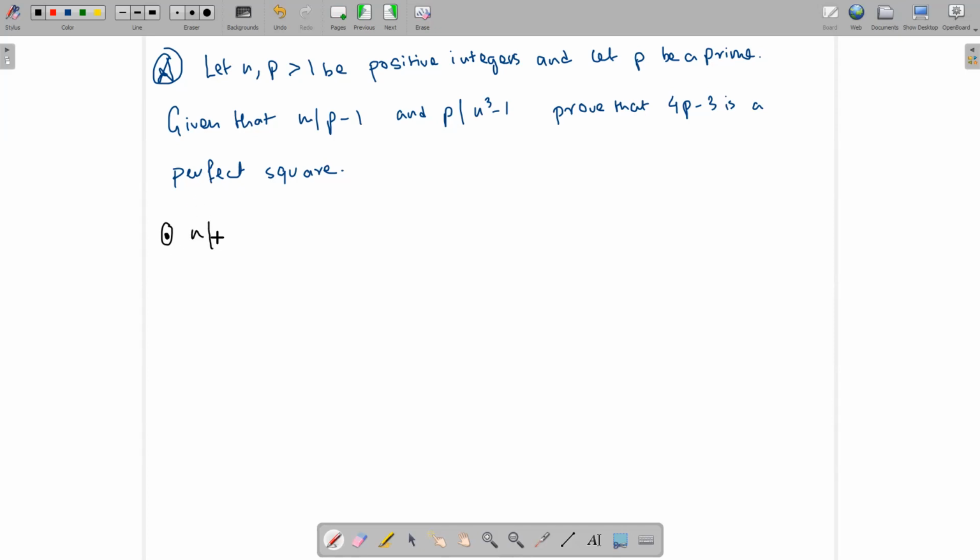So n divides p minus 1. That's the first thing that's given, right? So from here, what can you say? Like n is at most less than or equal to p minus 1. Yes, and also